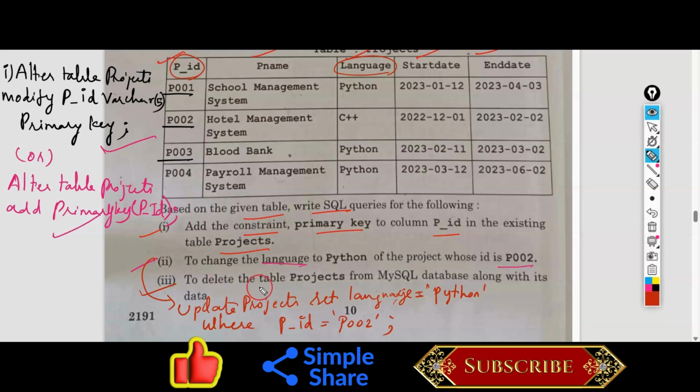To delete the table projects from the MySQL database along with its data. To delete a particular row, we will be using the delete command. For deleting the table, what are you going to use? The drop command. So for the third question we have drop. So the entire table is getting deleted. Drop projects;